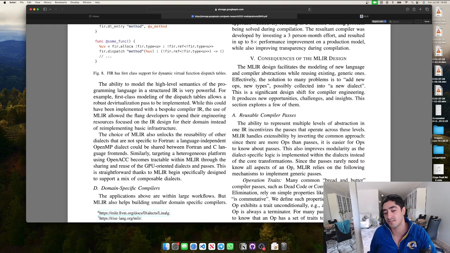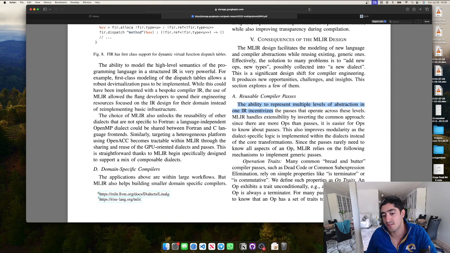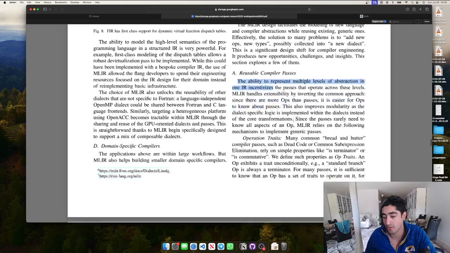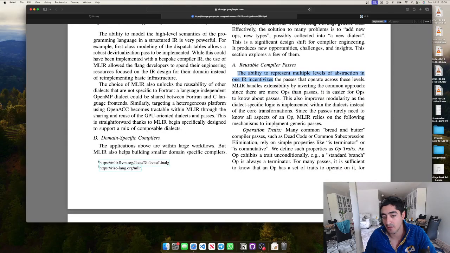Reusable compiler passes. The ability to represent multiple levels of abstraction in one IR incentivizes the passes that operate across these levels. MLIR handles extensibility by inverting the common approach. Since there are more operations than passes, it is easier for operations to know about passes. This also improves modularity as the dialect-specific logic is implemented within the dialects instead of the core transformations. Since the passes rarely need to know all aspects of an operation, MLIR relies on the following mechanisms to implement